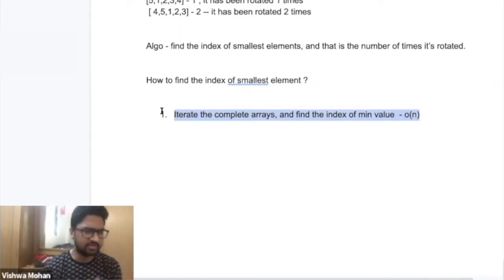And I know this array was initially sorted. Right now, the array in hand is not sorted, and we know that binary search only applies on a sorted array, and it is now rotated, so it's no more sorted. That is true, but I have one piece of information that initially it was sorted. So we should at least try to think once whether binary search can be applied here.